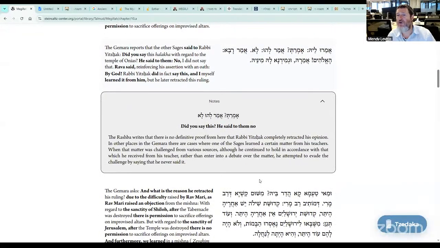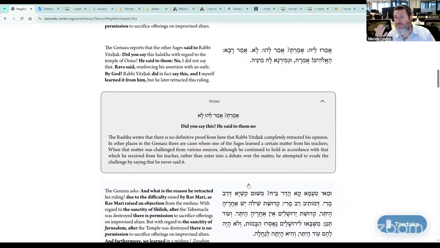So why did he walk it back? The question is, why did he have to walk back the statement? There's a lot of questions on this. The question is, why would he initially have said the statement in the first place? He wasn't just a person who said things. He was a rabbi of the Mishnah, of the Talmud, right? So why would he have said something? Because there's our Mishnah. Our Mishnah says clearly that you can't sacrifice after the Beis HaMikdash. And that's what we learned from the pasuk, el hamenucha v'el hanachala. And there's going to be another Mishnah that says it. So why would he? Well, what's the basis of him saying that you can do it?